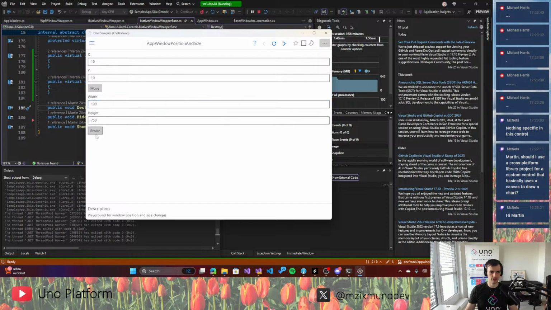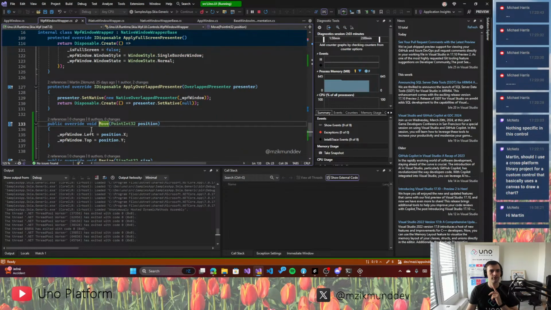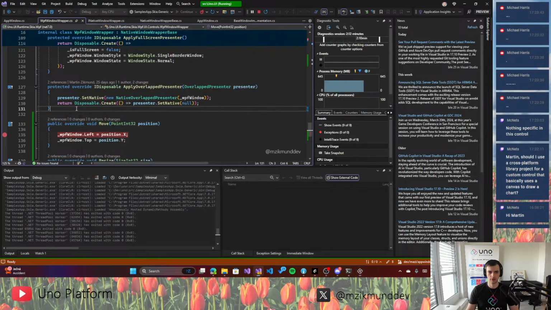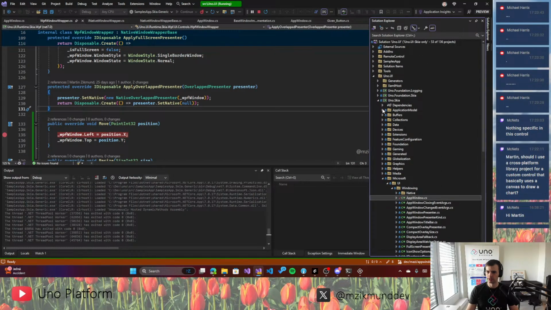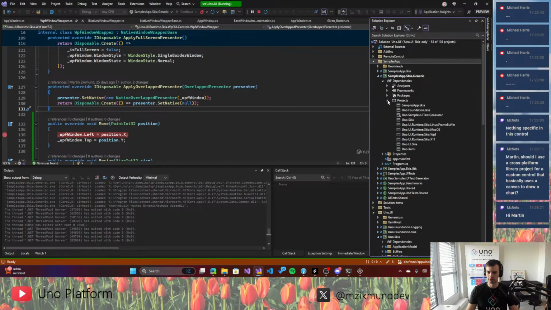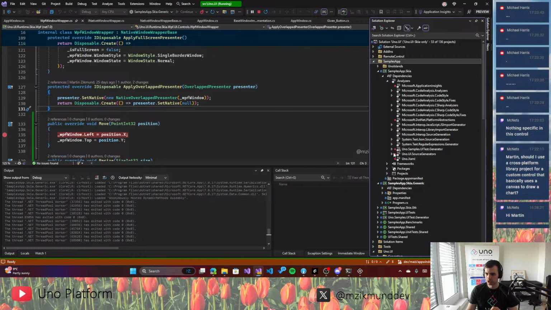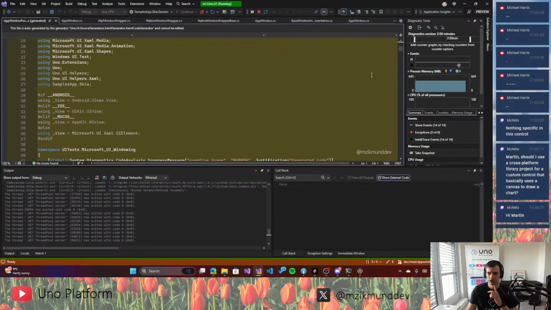If I test the sizing, this doesn't work either. Okay, so still something is not completely correct there. Let's see. If I click move, it doesn't actually do anything useful. Huh. Okay, that might be a problem with the data binding, because we use x:Bind and potentially didn't generate the right output for the two-way binding. It wasn't a problem on WinUI, but maybe the fact that we're doing x:Bind to event is problematic there. So let's see, not here, but here. There should be the source generators, XAML generator, and we should be able to find the app window position and size. So this is the generated code from